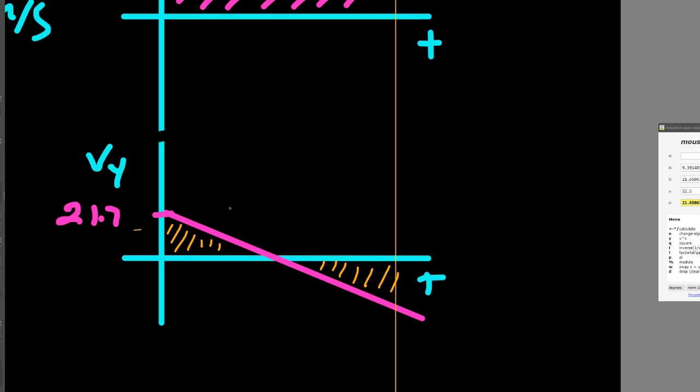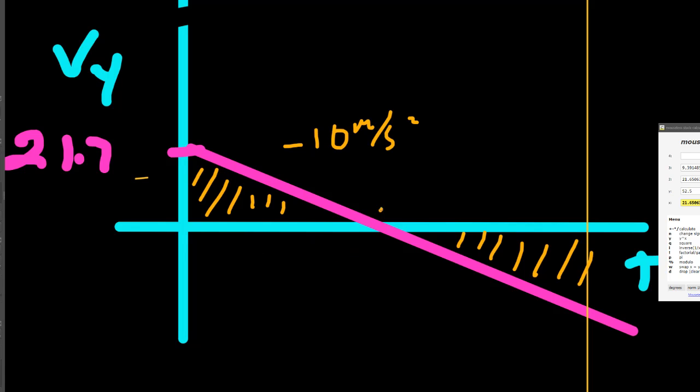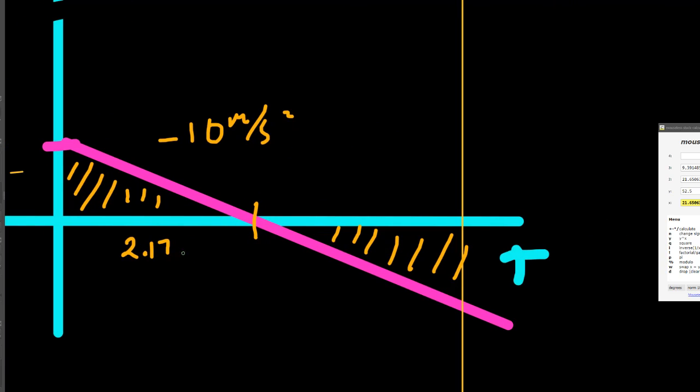Also, we know that the slope of this line is -10. Which means that however tall this is, it's 10 times taller than it is wide. So this 21.7 is 10 times bigger than this is wide. So if it's 21.7 tall, then it has to be 2.17 wide. And remember, we said this is symmetrical, so if this is 2.17 wide, this must also be 2.17 wide. So altogether, that's